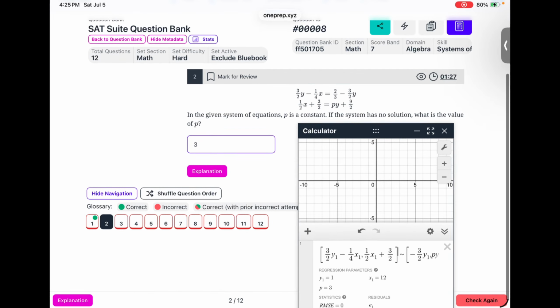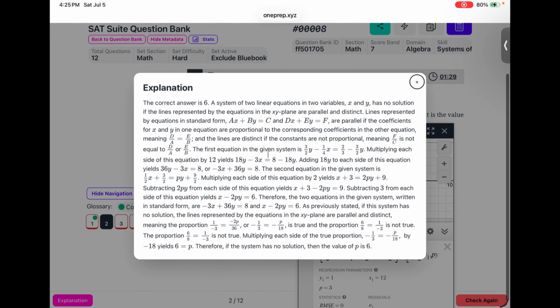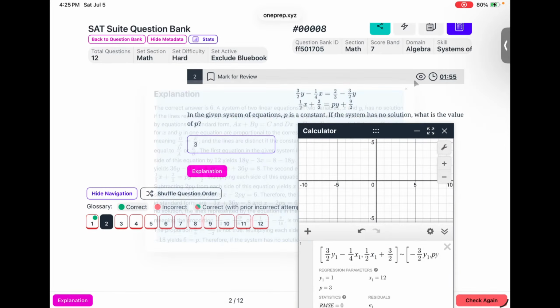So basically we need to tell Desmos that there's no solution to this. If the lines are parallel and distinct, they are parallel if the coefficients are the same. Okay, let me try something. So what if